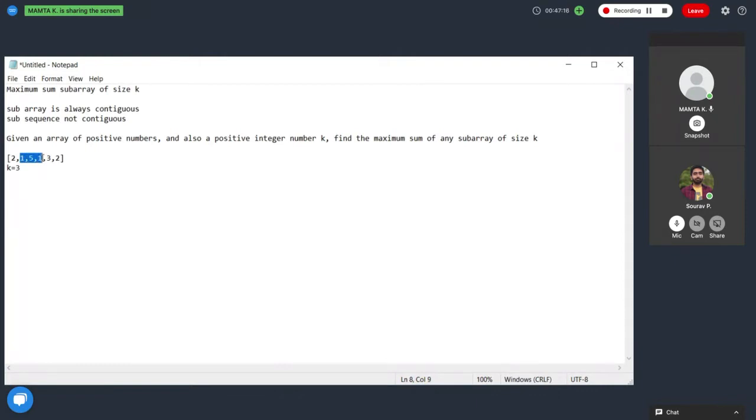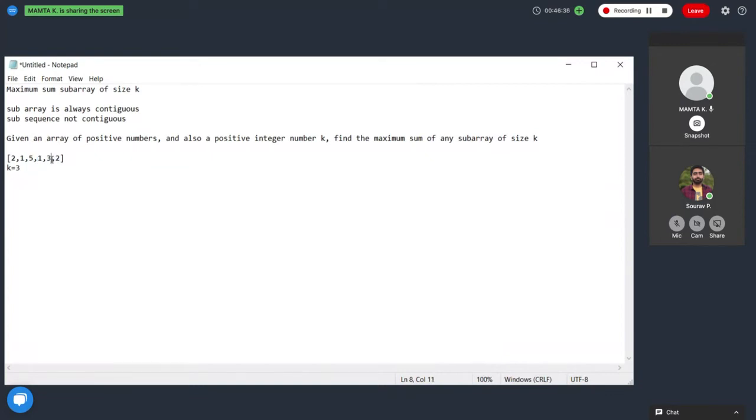So three-length subarrays. You have to gather all the sums, and you have to give the output as which is the maximum sum of subarrays present in this. So if you dry run with this example, what will be the output? Dry run means, for this example, just calculate what will be the output. We want to find the maximum. So 2 1 5 is 8. 1 5 1 is less. Then 5 1 3 is 9. 1 3 2. 5 1 3 will be the answer